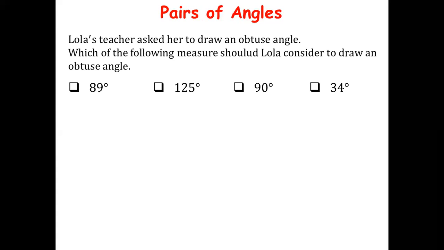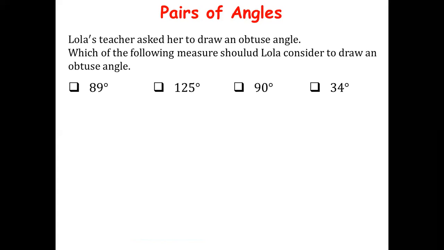Right. So this was also an easy question because the question says Lola's teacher asked her to draw an obtuse angle. So underline this word, obtuse angle. Many times I've advised you when you're doing problem solving, underline the key words or the important words. So in this question, the important word is obtuse angle. So if you know what an obtuse angle is and what the measures of an obtuse angle are, just in the previous slide we